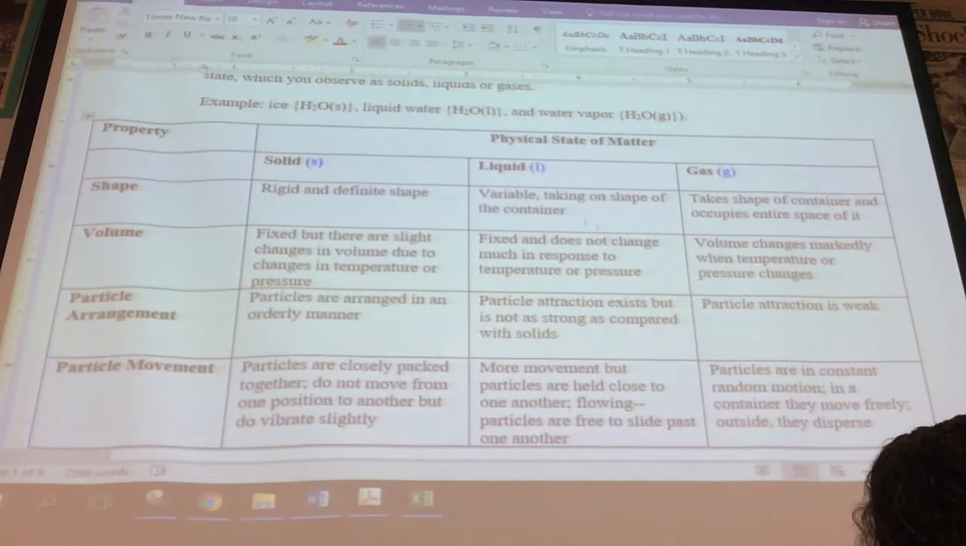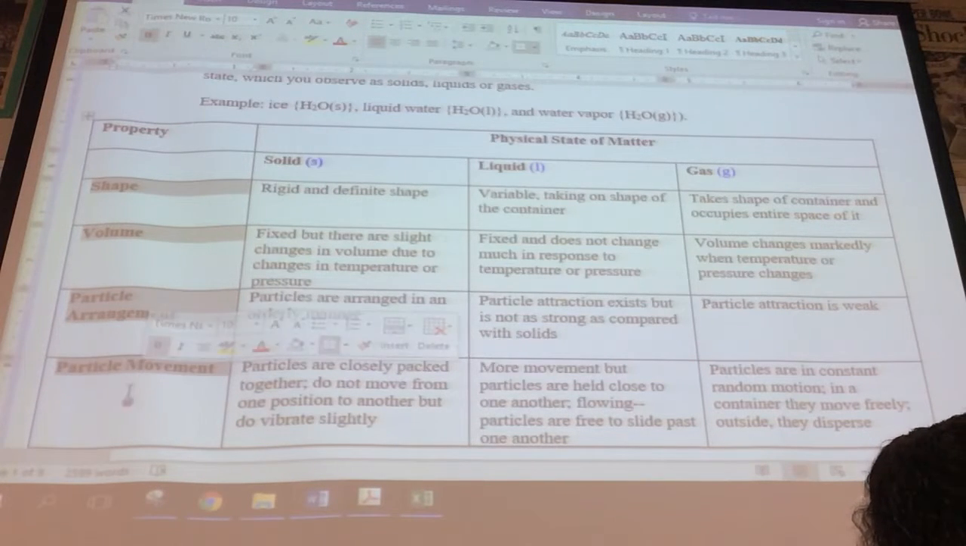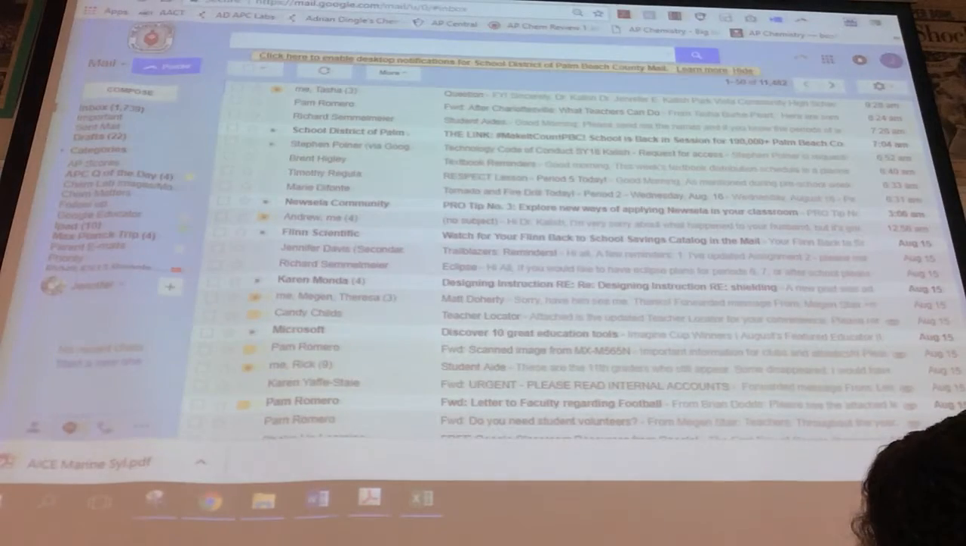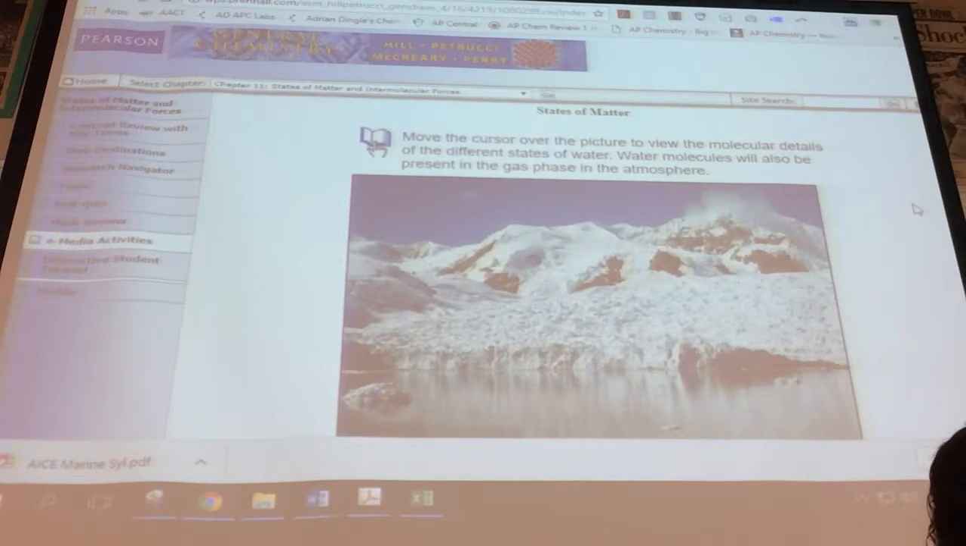We're going to take a look at solids, liquids, and gases. The abbreviation of each one is in blue. We'll look at the properties: shape, volume, particle arrangement, and particle movement. And I'm going to go a little bit out of order here because the particle arrangement and movement is what determines shape. So for example, if we were to look at a water molecule,